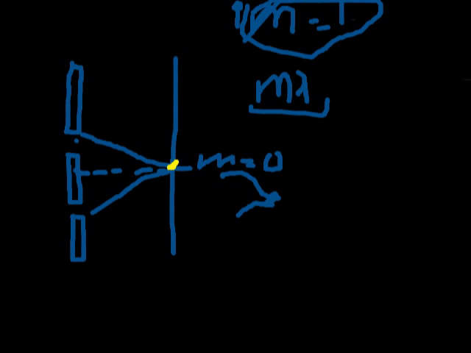When they differ by a whole wavelength, that denotes a bright band. The next order would probably differ by half a wavelength, and then you would have this black spot, and then you would have this series of bright and dark spots based on how much, what order they differ by. For example,